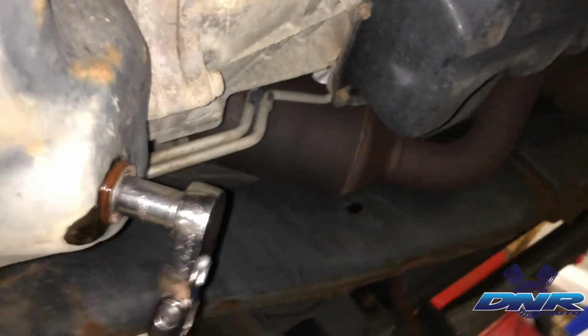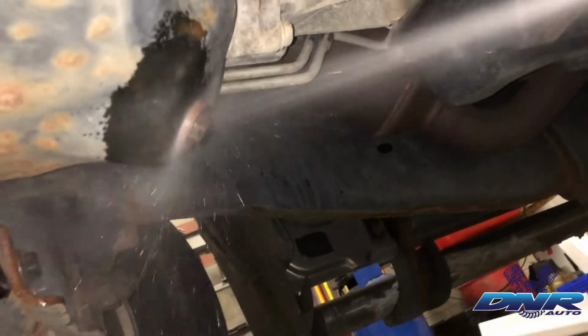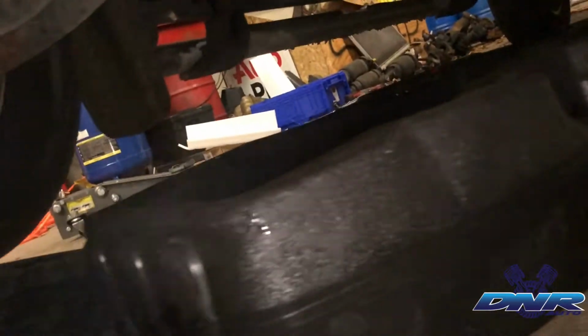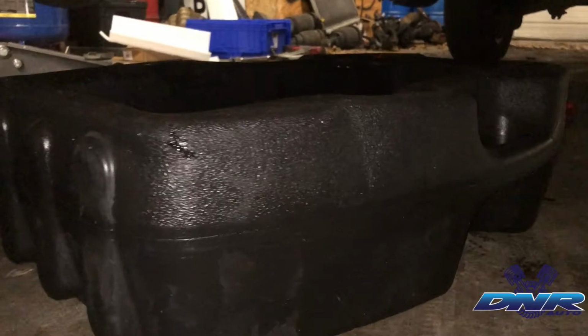Make sure this is tight but not too crazy. And I'm gonna take a can of trusty brake clean here and clean off all that oil. Now I've done that. And by keeping the drain pan there, I'm not going to have the continuous oil drips when I move on